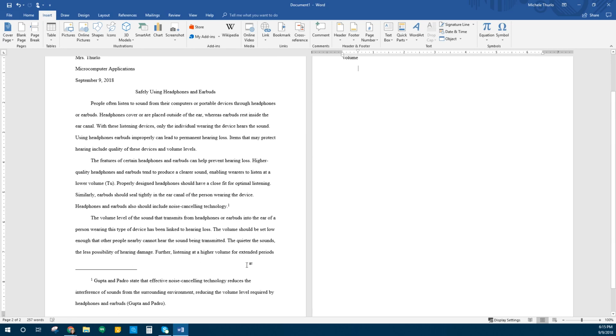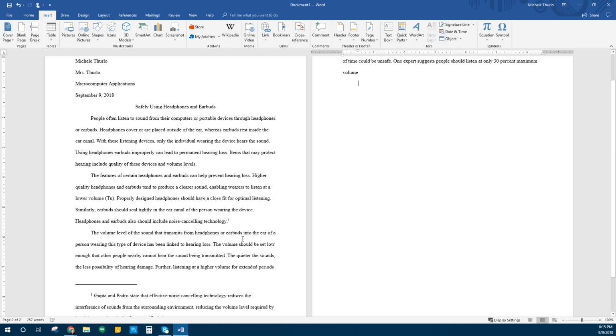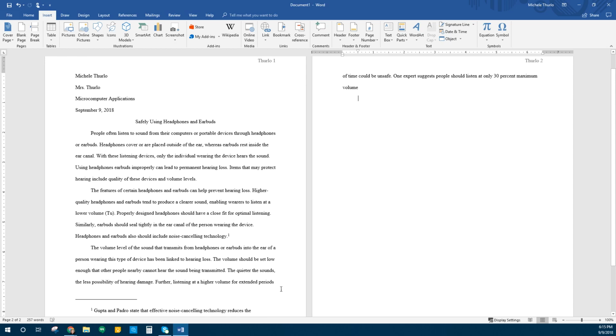And because Word automatically took us to the next page, I didn't have to press enter, I didn't have to do anything special. That is called a soft page break because it did it automatically for me. It automatically said, oh, the first page is full, we're going to go to page 2. Here in a few minutes, we're going to learn about a hard page break, but a soft page break happens automatically for you at the end of the page. So we are after the word volume now,